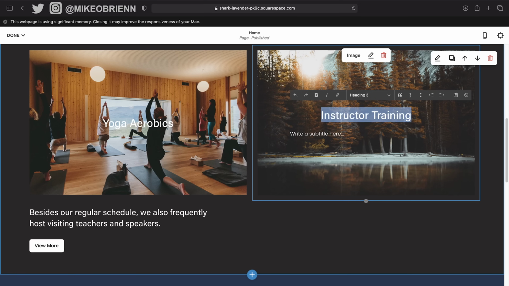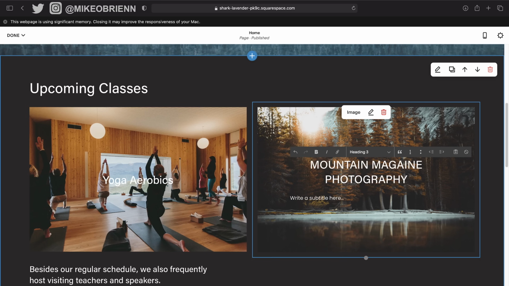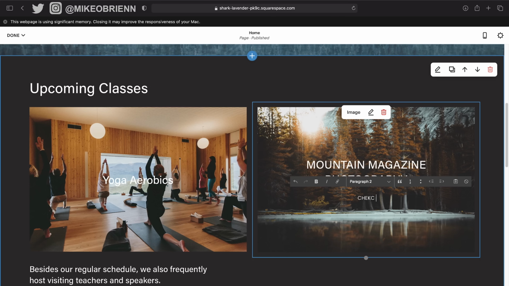Actually, I'm not sure why that. I don't want the text to change. It was heading 3, so let's just keep it as heading 3. And we're going to say mountain photography. So sometimes we take photos in the mountains for magazines. So we're going to say mountain magazine. And then right here we can say check out our portfolio of beautiful